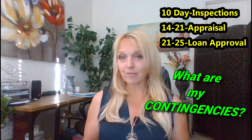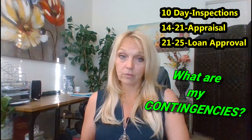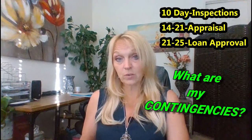So it passes a few hands before it comes around. And so we'll typically do anywhere from 14, sometimes as much as 21 days for an appraisal contingency. Now, your loan approval contingency should extend a little further out than your appraisal contingency, because the appraisal coming in is part of your final underwriting review of your loan to make sure that you're qualified, because it's not just